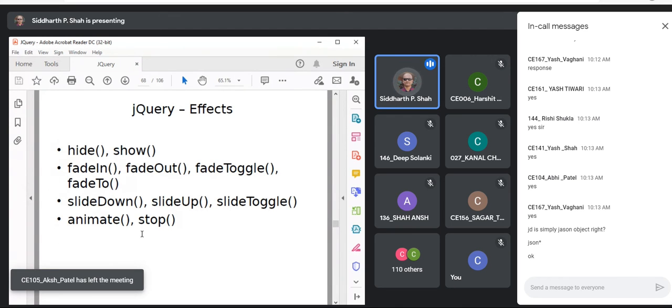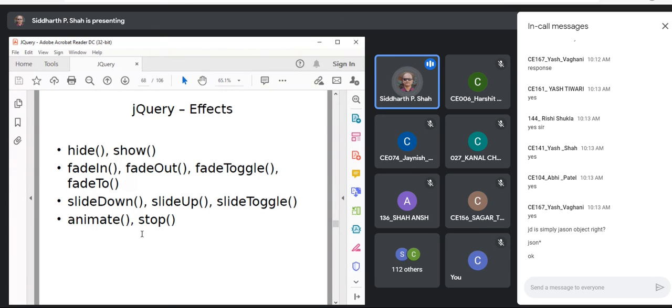The methods are fade in, fade out, fade toggle, fade to. If you have done animation before, you must be aware of this kind of methods. In fact, even if you have done any animation in PPTs, you must be aware of these ideas: fade in, fade out, fade toggle. Fade toggle means it will first fade in and then fade out or something like that.